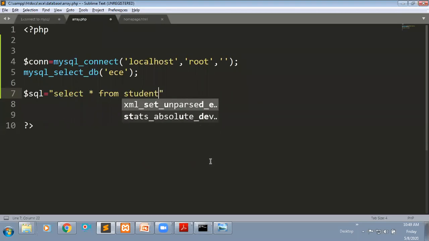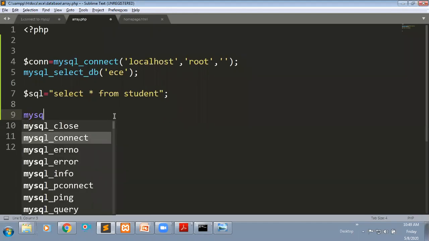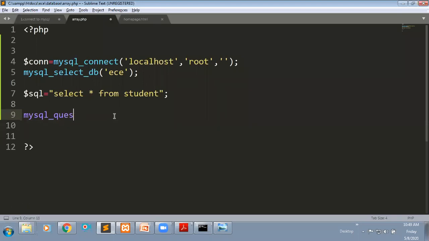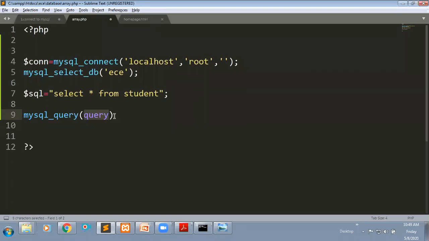To execute this query we use the function mysql_query. To execute any query in a PHP file, we use this function. The query value you need to pass here; your query is available within this variable. Simple.